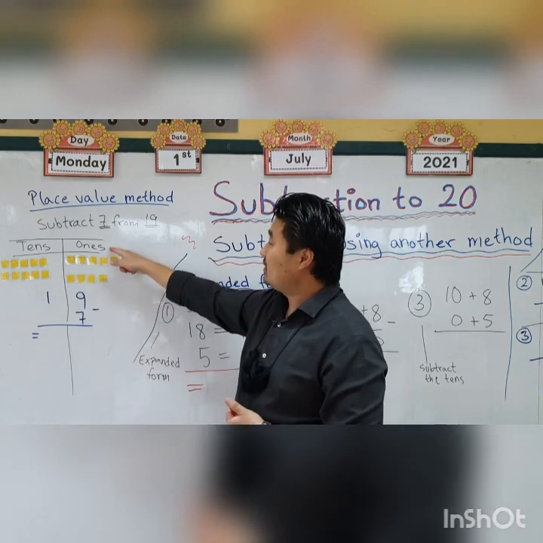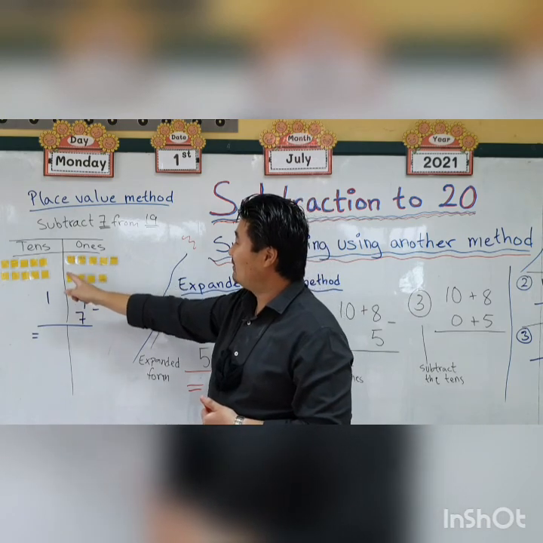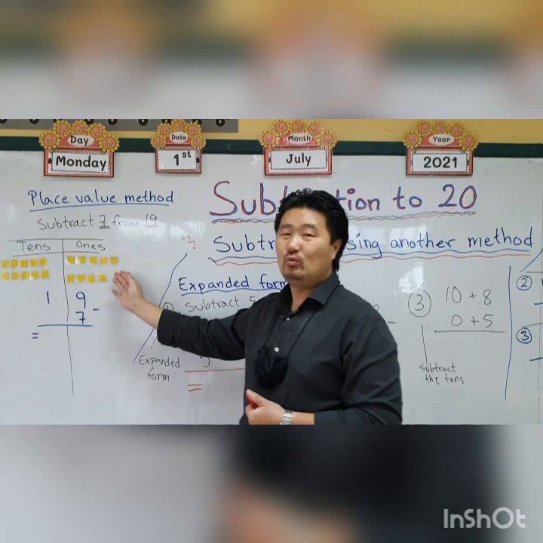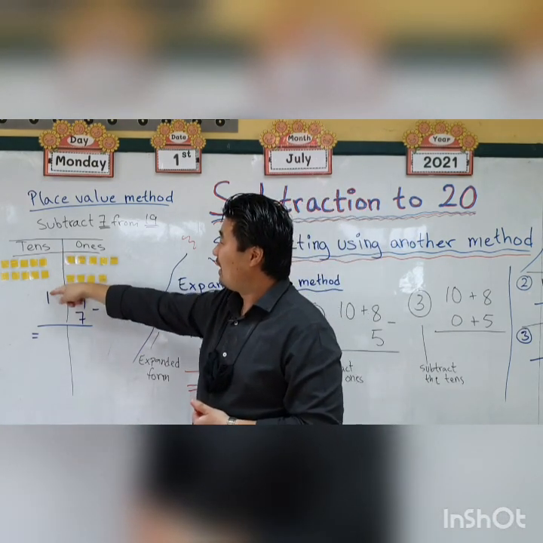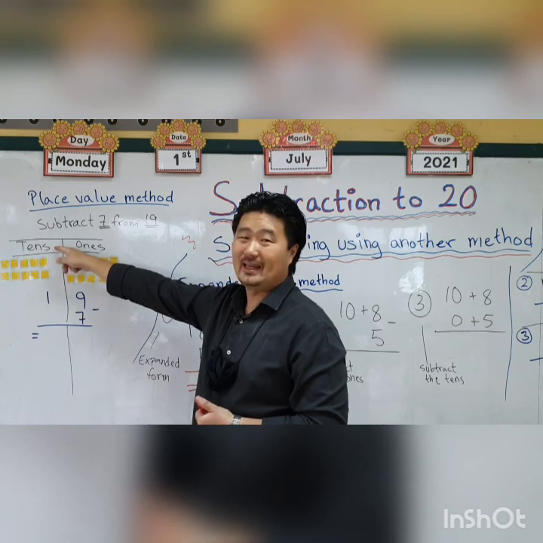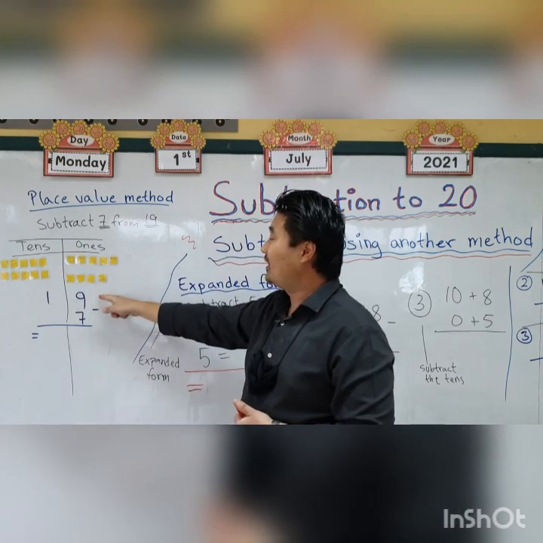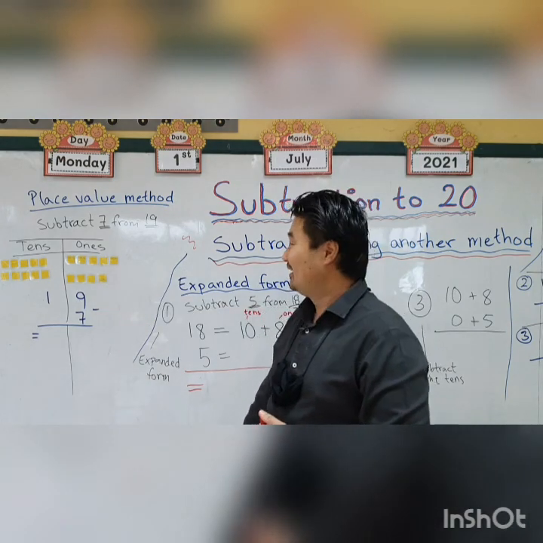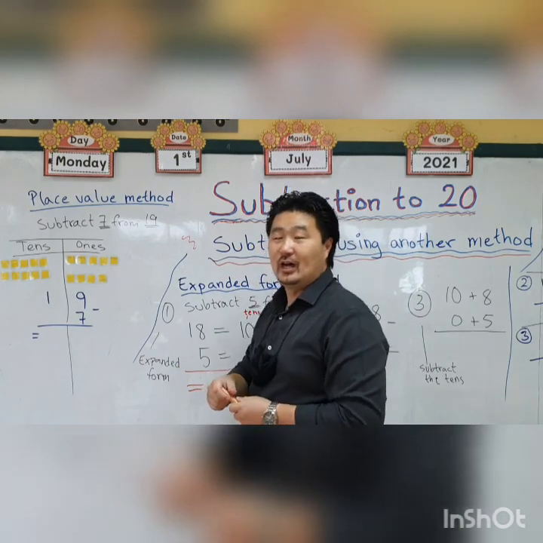And then in the ones place, we have how many? 1, 2, 3, 4, 5, 6, 7, 8, 9. So here we have 9 ones, and 1 ten. But 1 ten is worth more than 9 ones. Right? Okay, so let's start with deducting